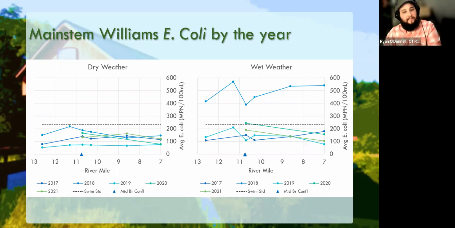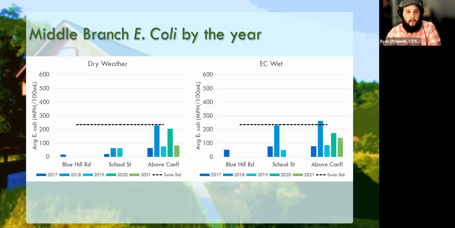Rainbow Rock will be around right here, right below the confluence with the middle branch. In the past 5 years, we've had 3 sites total on the middle branch. The furthest up, at that Blue Hill Road crossing, we only monitored for 1 year. School Street Walking Bridge, we monitored for 3 years. And then above the confluence, which I'm sure has a better name that maybe you all could tell me, it's the swimming area right where the rivers come together,